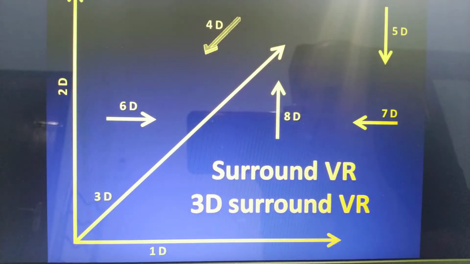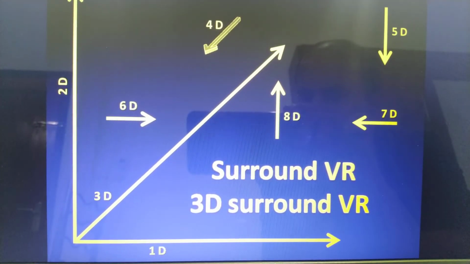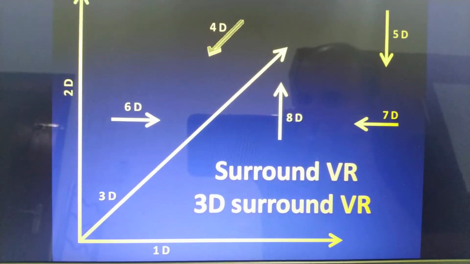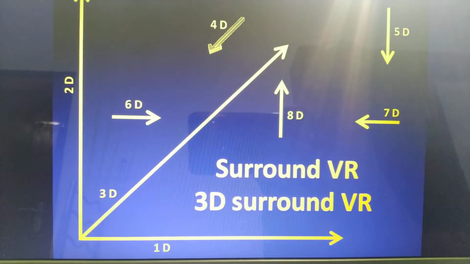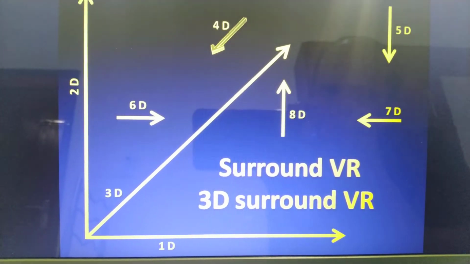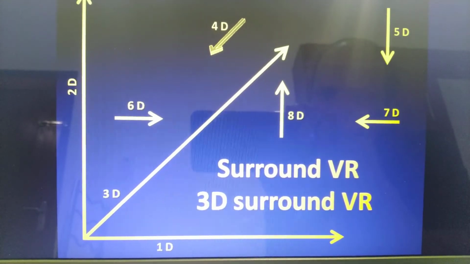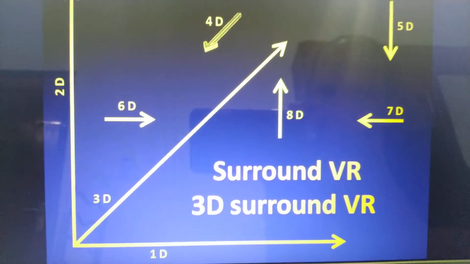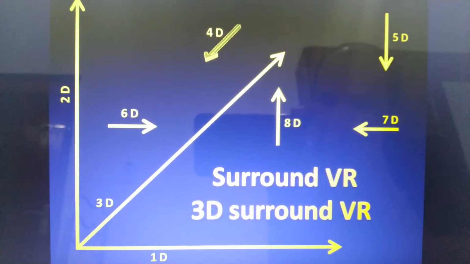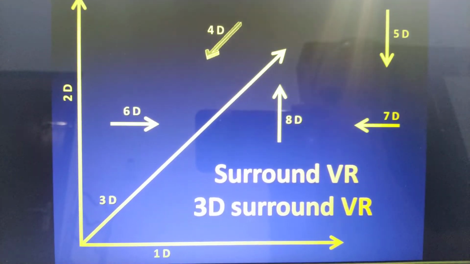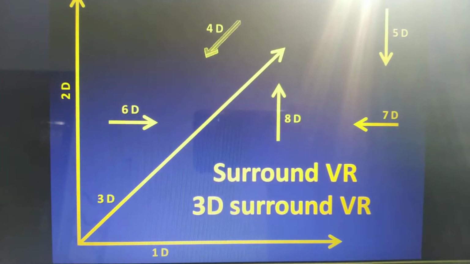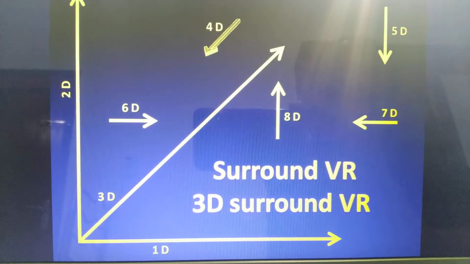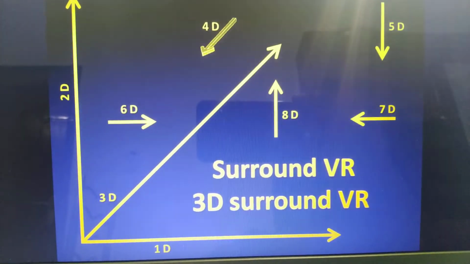Generally, surround VR simply means objects coming at you from all four sides. A 3D surround virtual reality means objects come at you not just from all four sides. Objects also come at you from the top and from the bottom, making it an absolutely scary experience. All this is fine. This is the world of virtual reality. Nothing big. You are used to it, or you may get used to it pretty soon. But now we are going to move on to something called tactile virtual reality. Just take a look at that picture and then I'll start explaining.